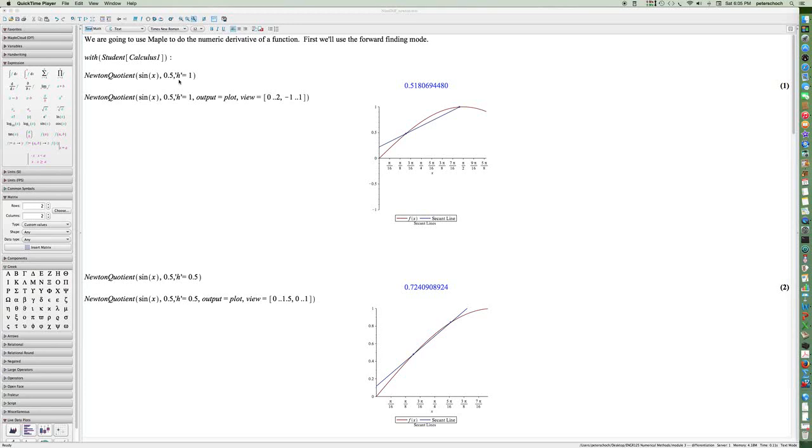Now, if you're trying to follow along and you want to do some of these computations on your calculator, make certain your calculator is in radian mode. All computer programs run in radian mode, not degrees. So when I say I want sine of x at 0.5, that's 0.5 radians. Now we know that the actual derivative of sine x is cosine x. So if you take cosine of x at 0.5 radians,